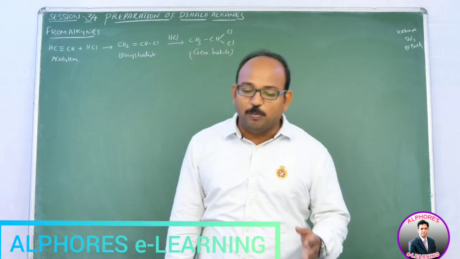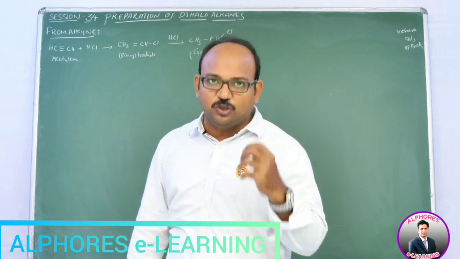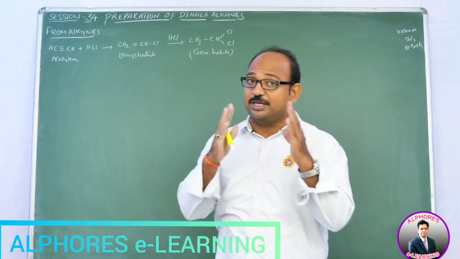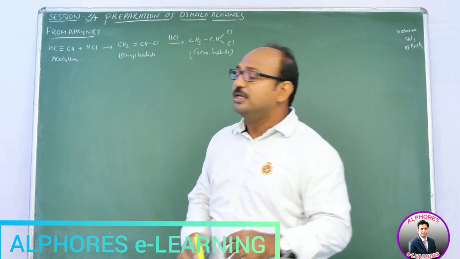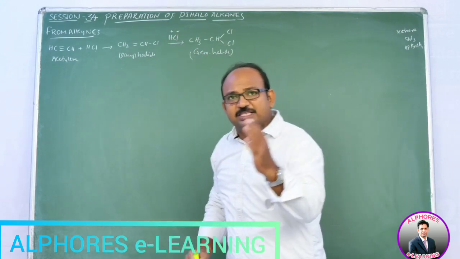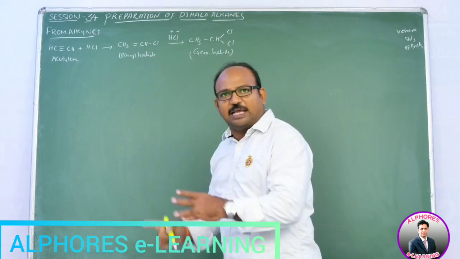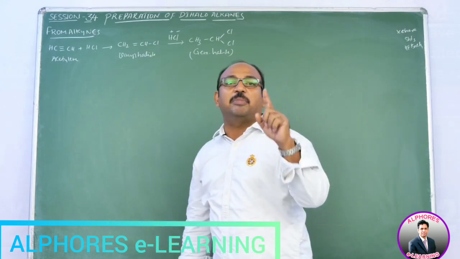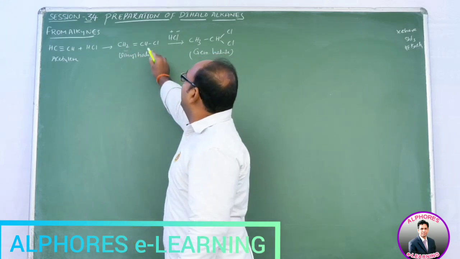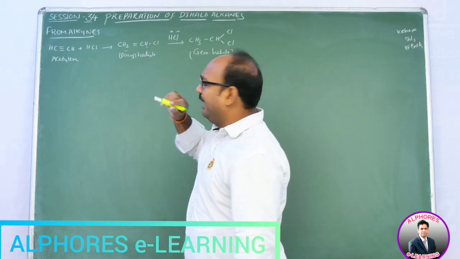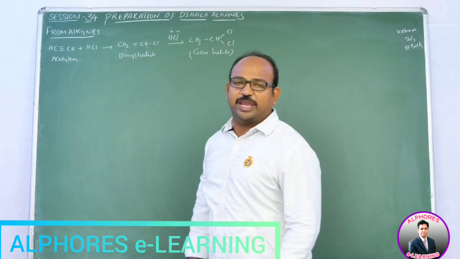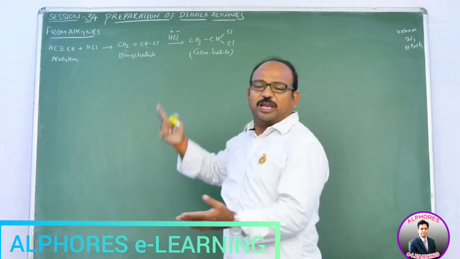As per Markovnikov rule, the positive part of the addendum is attached to the carbon which consists of more number of hydrogens, right? So here in HCl, the positive part of the addendum is H plus. Now H plus has to go to the carbon which consists of more number of hydrogens. Here more number of hydrogens, this one. And this carbon possesses less hydrogen, only one. That's why H goes to this one. So CH3CHCl2 is the product you are getting. This is the major product, and the minor product you may get is 1,2-dichloroethane.